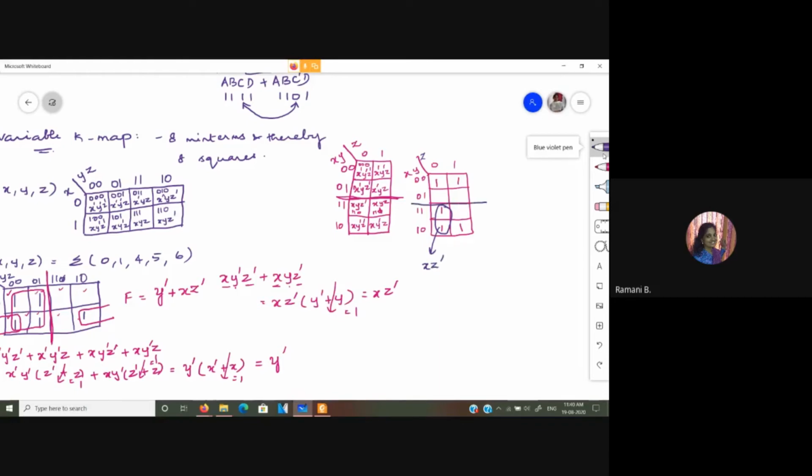Now consider you fold it in this position and you can observe the overlap of this one with this one and this one with this one. You know these two are already adjacent. So we form a group of 4 ones. We call a group of 4 ones a quad. So forming a quad, here you have xy equal to 1, 0, here you have xy equal to 0, 0. So x is varying, so drop that out. And here z is equal to 1 and z is equal to 0. So you will have y bar alone.